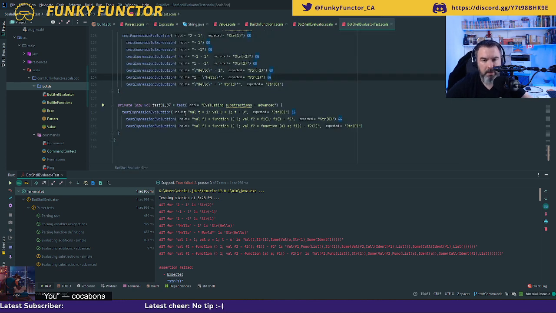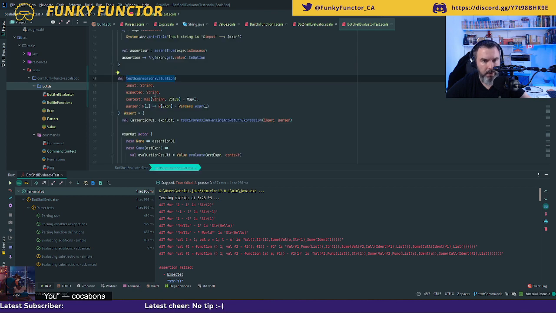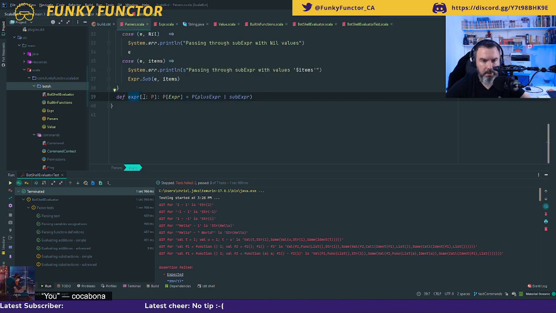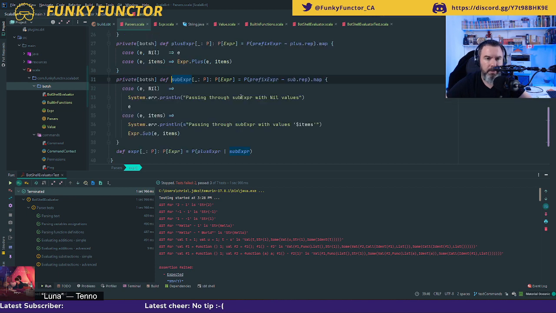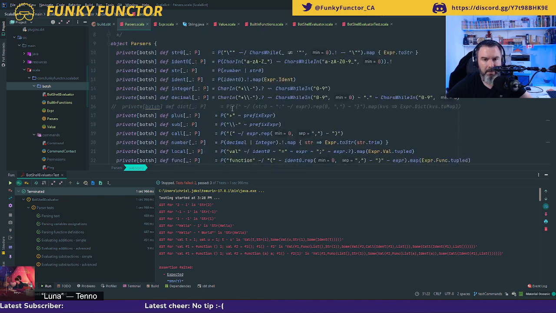So in my tests, by default, if I don't indicate anything, I'm using expr. And expr is this one. So here I'm trying to find the first matching expression. So why is sub expression not found? Why is it not matching? Let's try to see if it has to do something with this character.